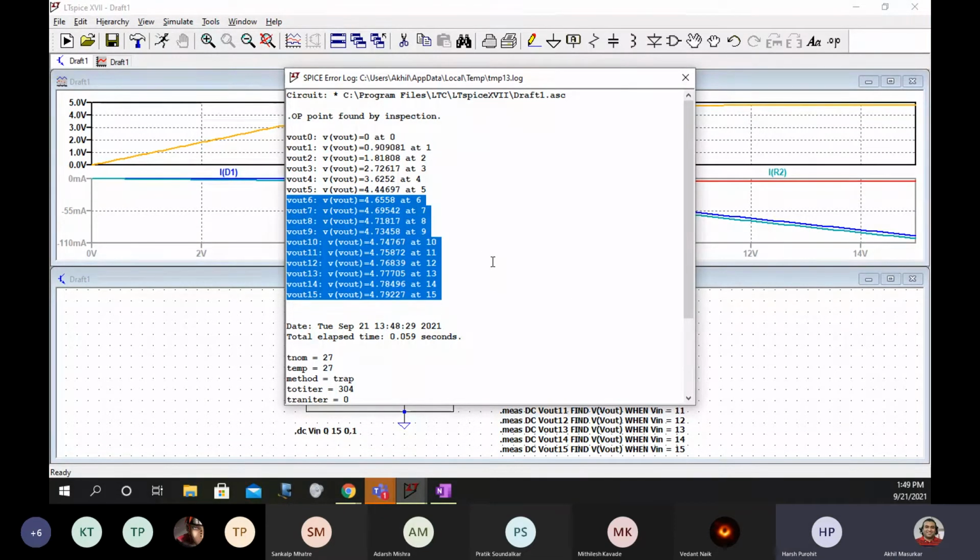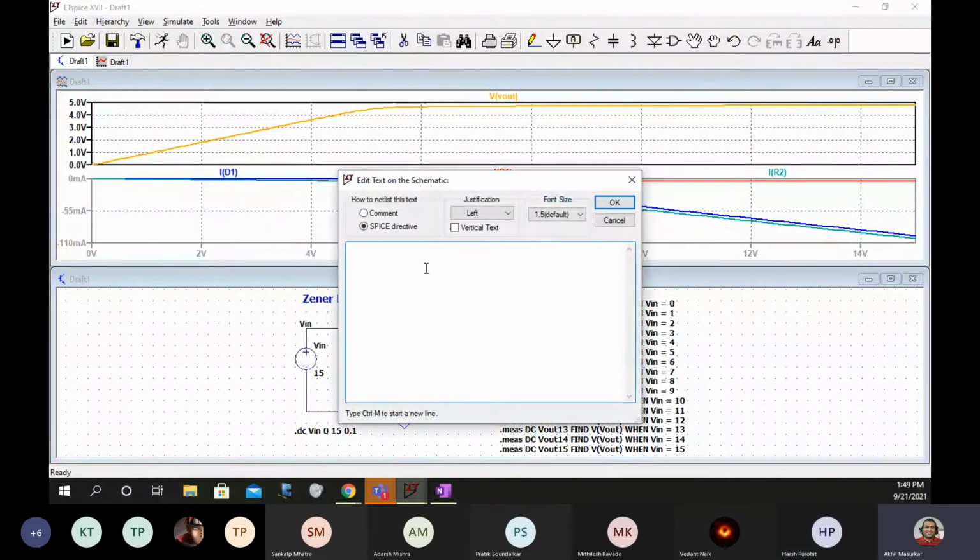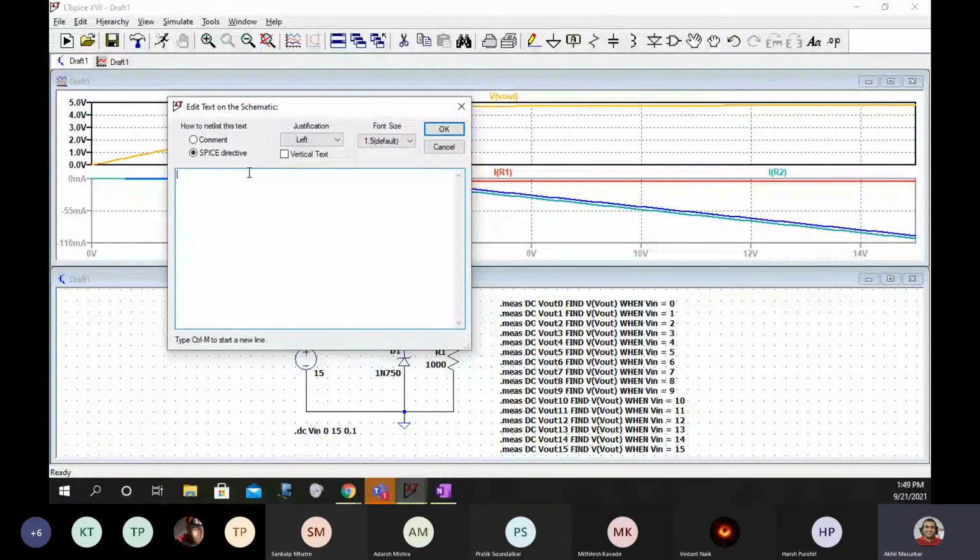Sir, can you please show again how to write that command? Go in this .op and then you write like this, .meas out 0. V of V out.